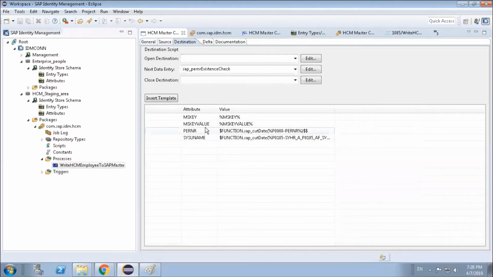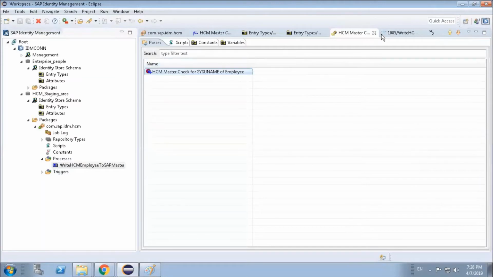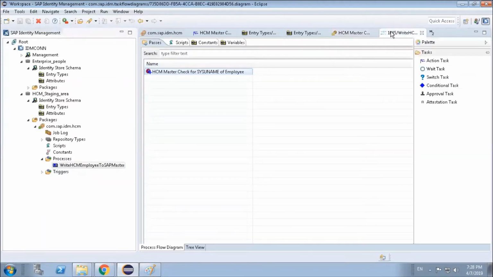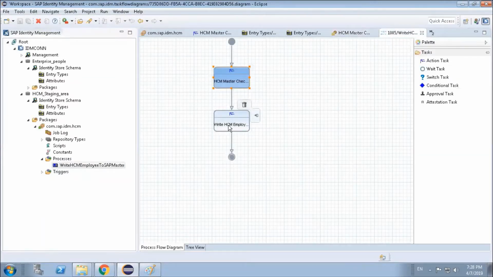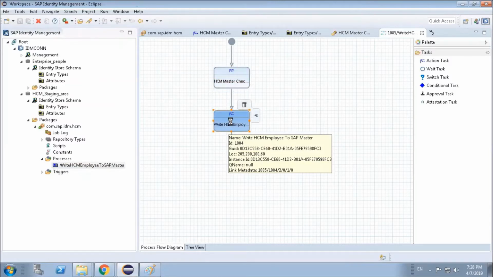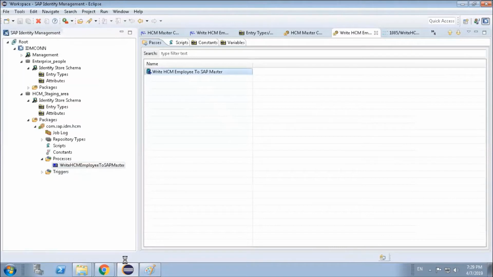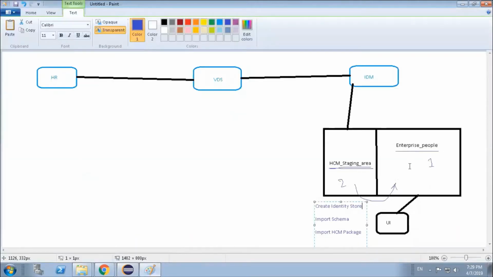It will check whether that user ID is available or not. If that is not available, then it will basically create the user from the HCM staging area to enterprise people.